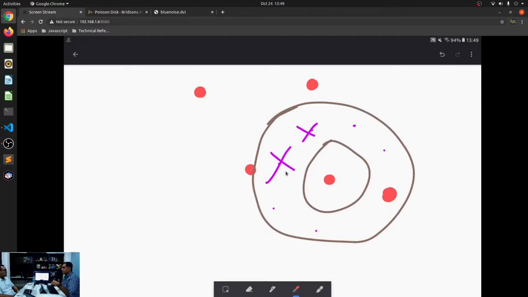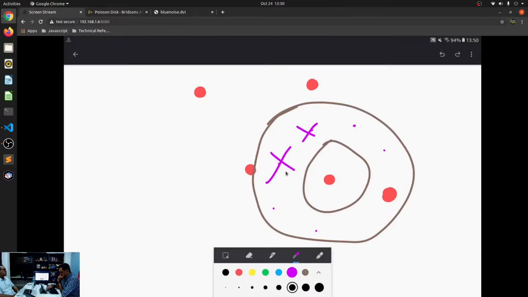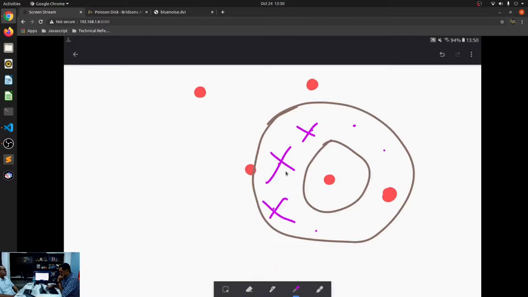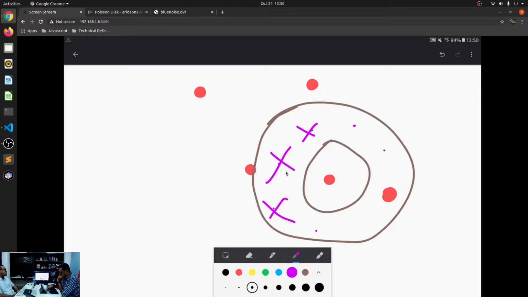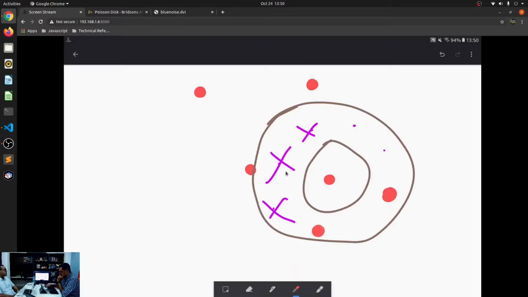If that happens, then a new active point is formed. In this case, I think a lot of active points are formed. This one might not be active, so I'm going to cross this off. This one might not be active. This one might be active, and this one might become active. So this one becomes active, and now you have many new points.